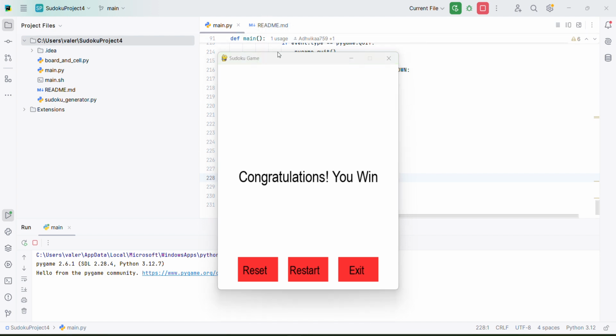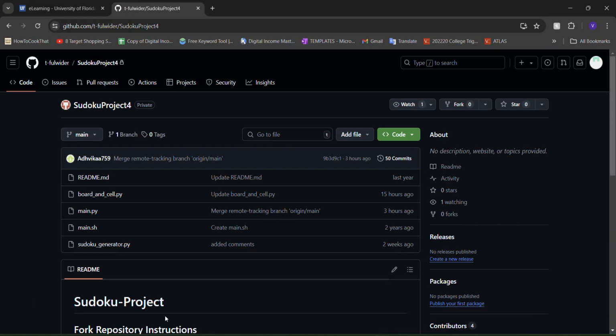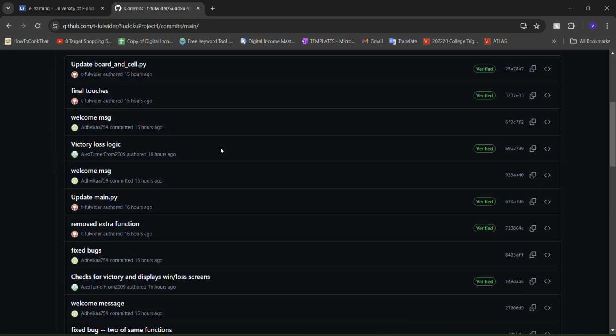Alright, so now that I've demonstrated how the game works, I'm going to go ahead and show all the documentation, the code comments, and just the collaboration that was done on GitHub. Okay, so here we have our repository that's under Tanner, and here we can see the 50 commits that have been done,